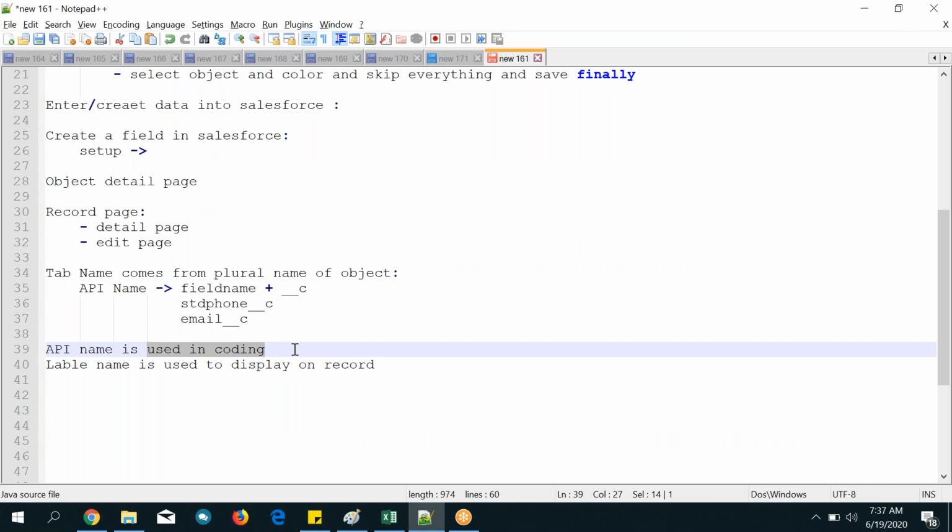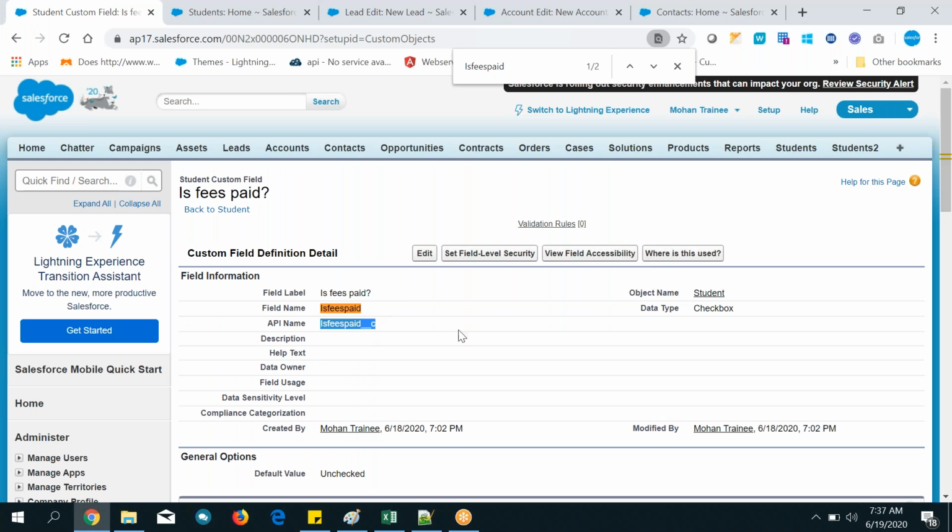Using it in coding, yes. You can use API name in the coding. Whenever it is needed, I will tell you. Going forward, there are a few topics called formulas. There you can see what the use of the API name is. Definitely there is a usage for the API name. That is the reason Salesforce created it. Right now, it is not used.